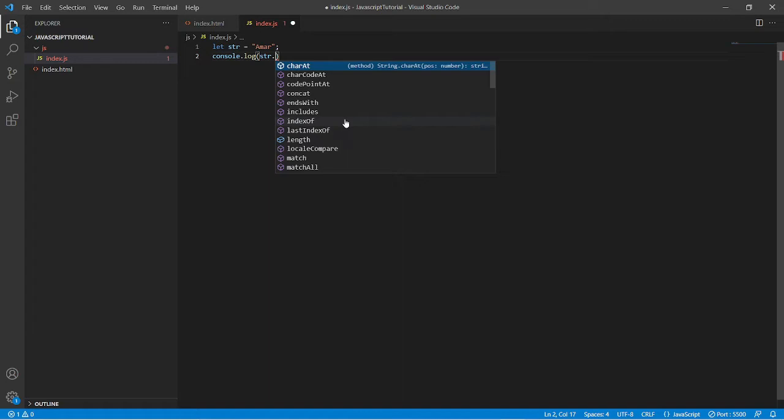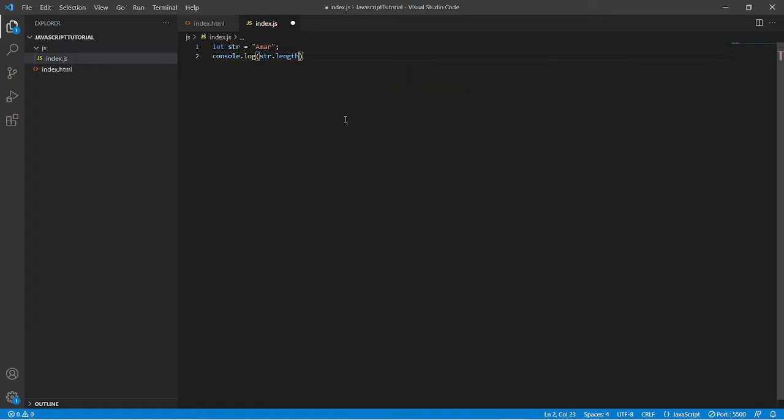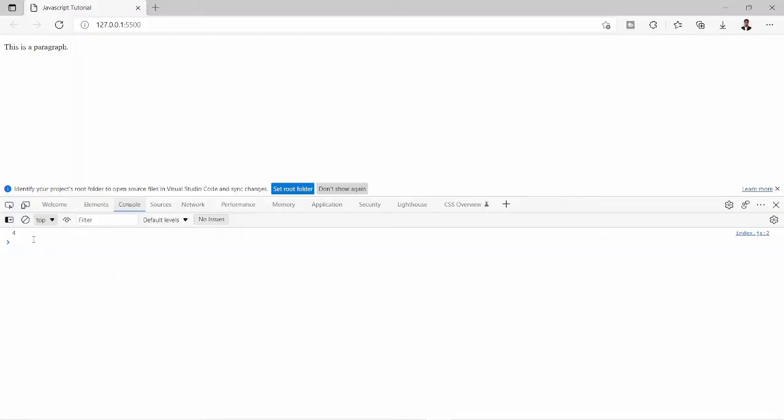For now we are going to use the length property. So it should print 4 because in our case the string length is 4. AMAR is 4 characters, so it should print 4. Let's check that in the browser. Here we can see that the length of the string is printed as 4.